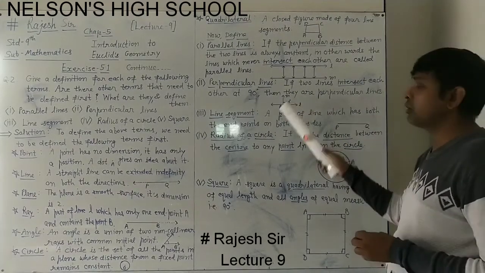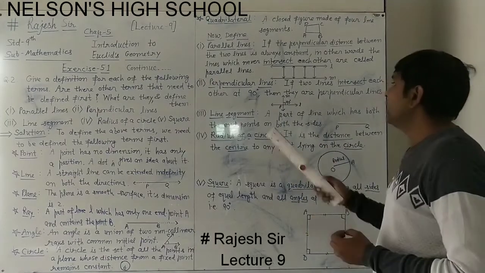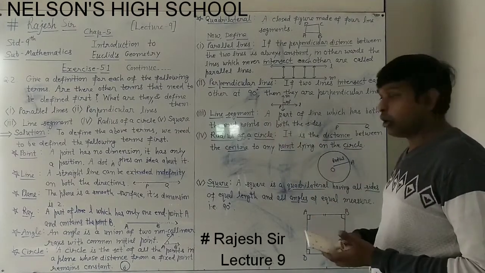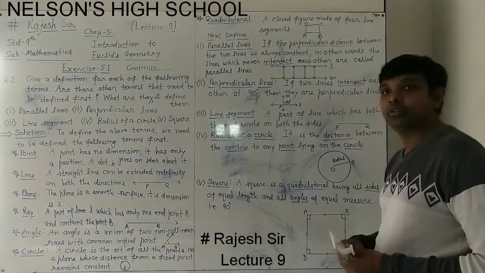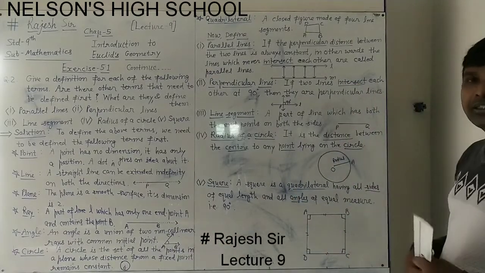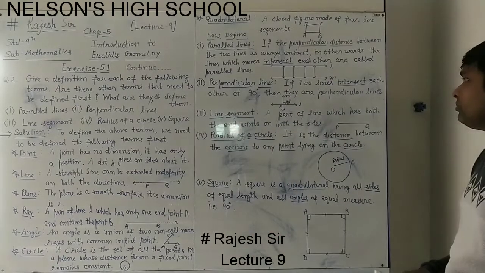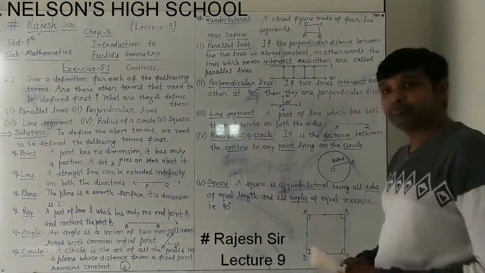If both the lines are crossing over a point, so P is the intersection point. And 90 degree angle, about angle, we have done the definition. That term is required. So intersection and angle, these terms are required to define perpendicular lines, and we have defined them. Third, we have line segment.